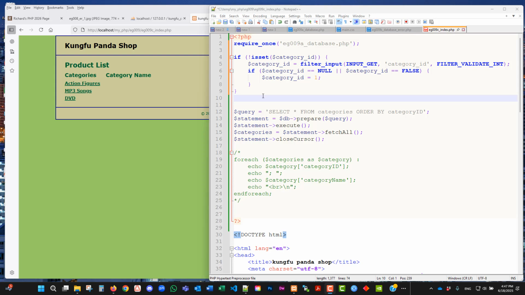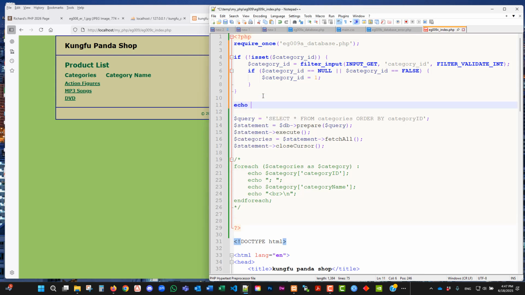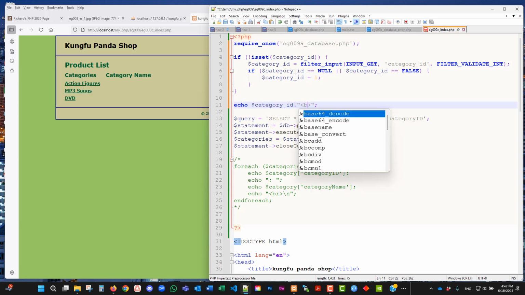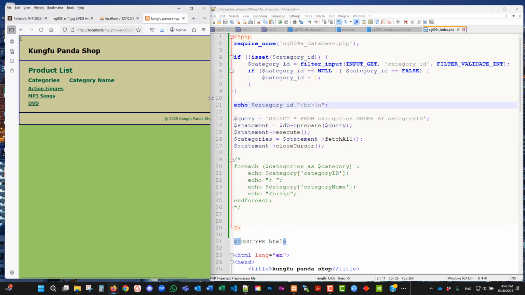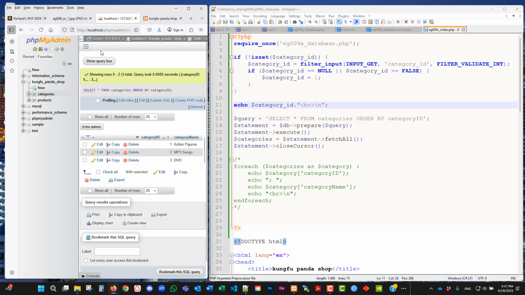Okay, that's interesting. Let's check. So let's echo category ID on top. So now when you reload and when you click on action figures, you get 1, MP3 song, you get 2, and 3 is DVD. And you can use this number to retrieve the category name